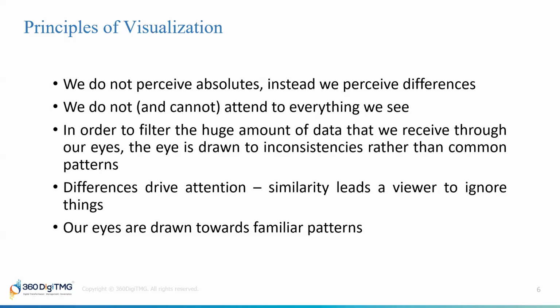For example, if you're creating a chart talking about the profitability of a company, and if you're going to indicate profits in red color, and if you're going to indicate losses in green color, that goes against the general perception of the people, right? At least we are taught, like, for example, traffic signals. When you see a green light, it means you can go. When you see a red light, you need to stop.